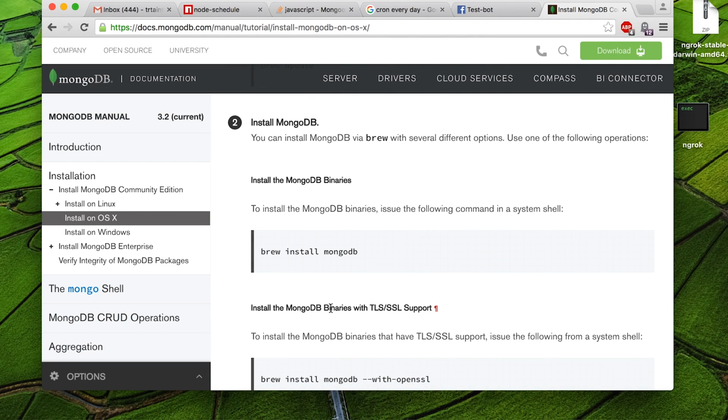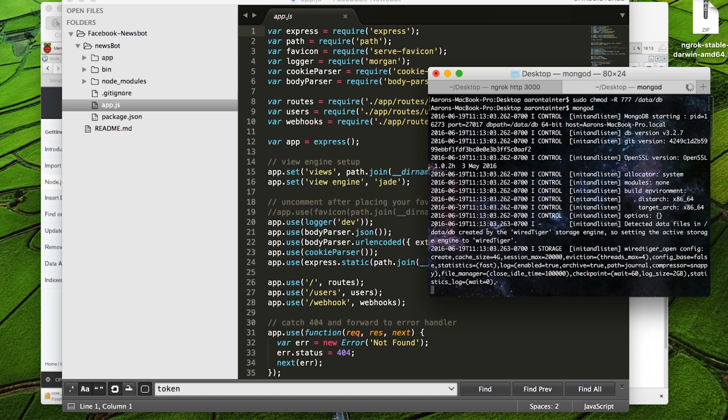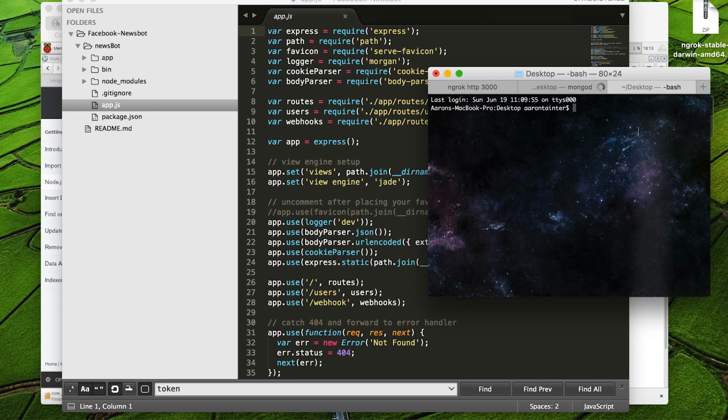I'm just going to skip over this part because I've already shown you how to install it on the Raspberry Pi. I'm just going to run mongod, and this will start our MongoDB instance locally. So now I'm going to open up a new terminal window. So my MongoDB is running in the background. I'm going to navigate back to my directory for my Facebook Newsbot,